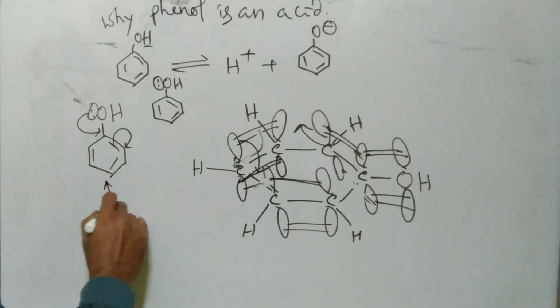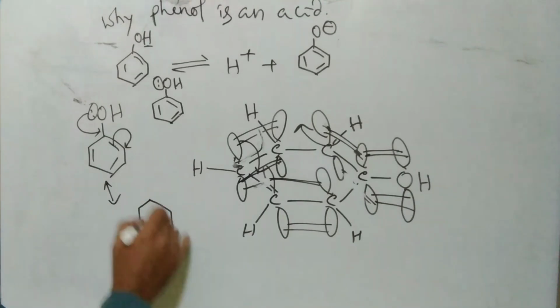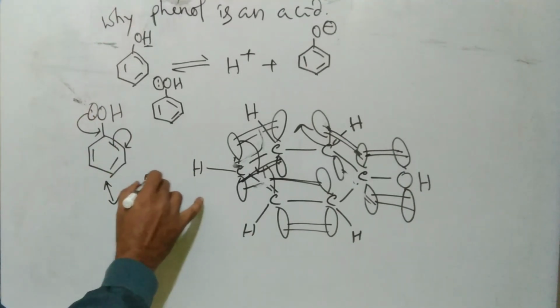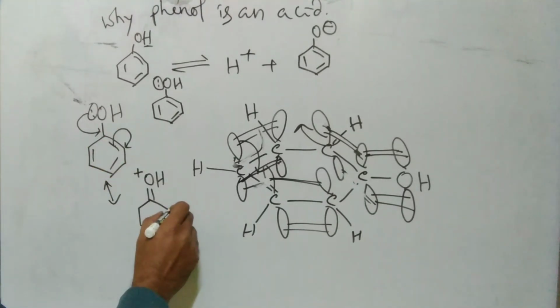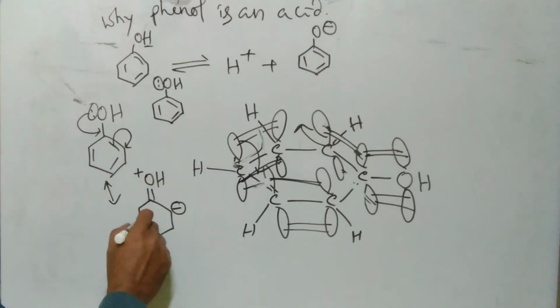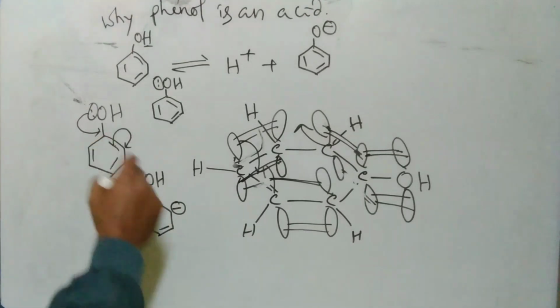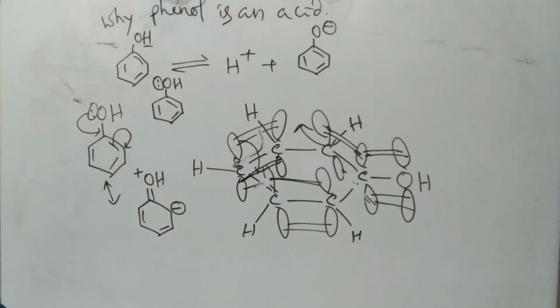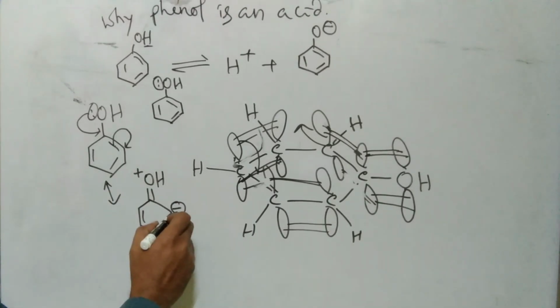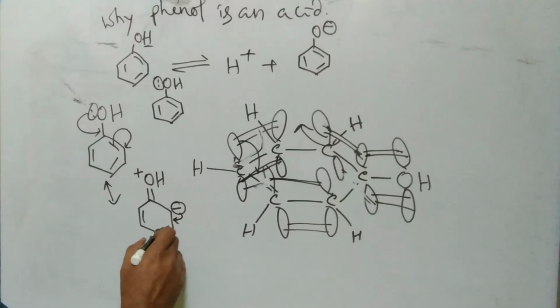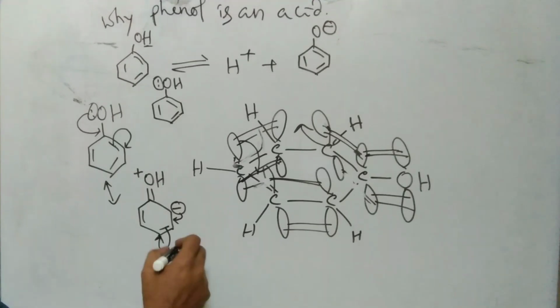Here we get a canonical structure where oxygen made a double bond. Since the lone pair is given, oxygen gets a positive charge, the pi bonds are shifted as a negative charge on this carbon and these two pi bonds remain intact. So this is one of the resonating structures of phenol. Now the resonance goes on as this negative charge can also make a double bond between these two carbon atoms. The number of bonds increases on this carbon, so the pi bond shifted over to this carbon atom. So we get another resonating structure,